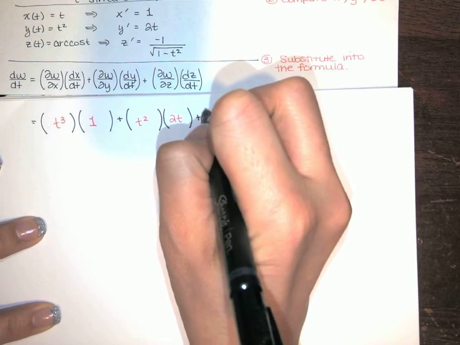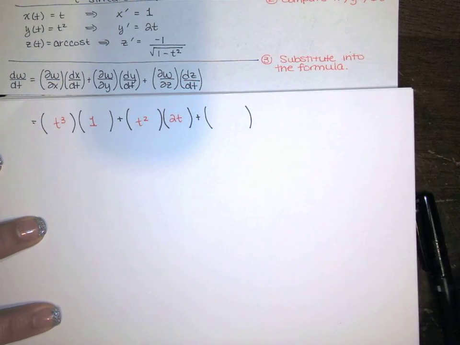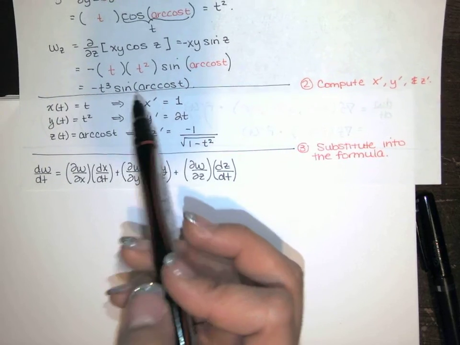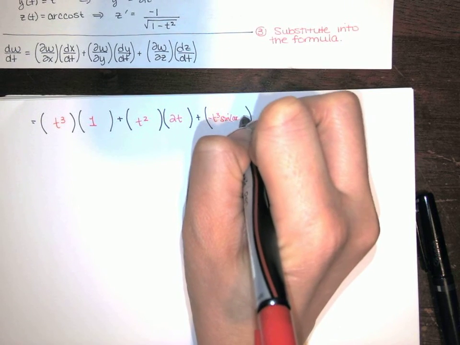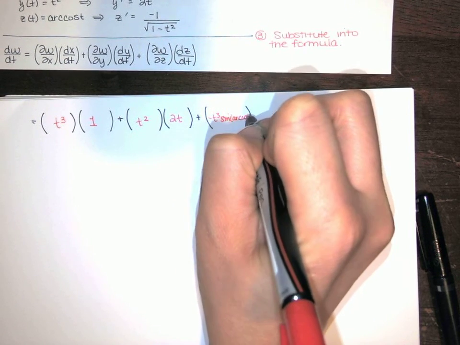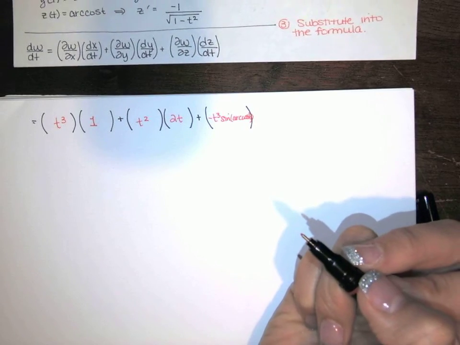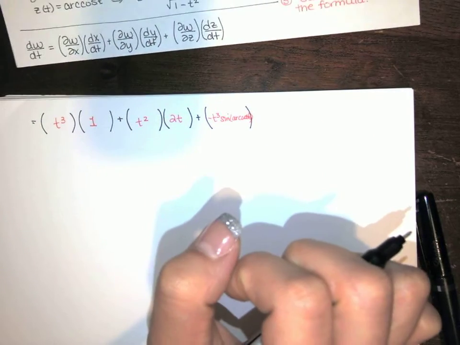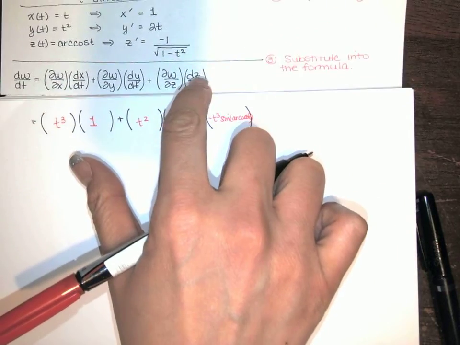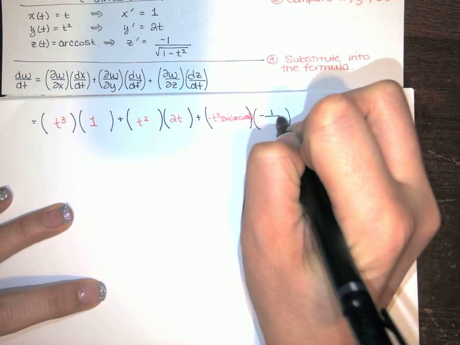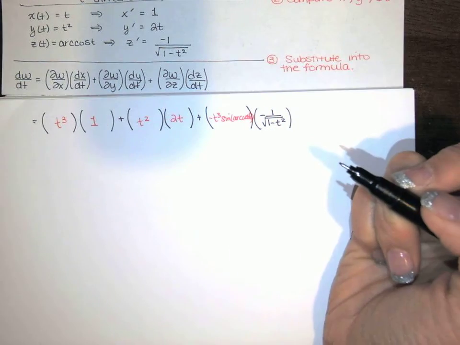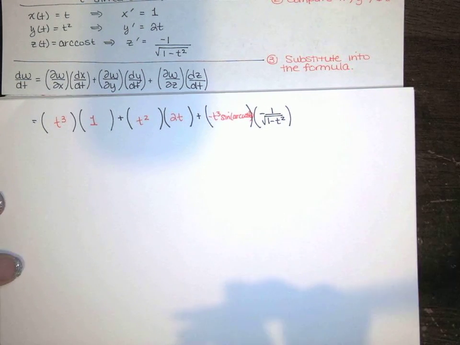And then I'm adding partial of w with respect to z, which is the most involved looking because it doesn't look like it simplifies, but it does. I've got negative t cubed times the sine of the arc cosine of t. I'm sorry, that's very small and difficult to read. I'll write that bigger on the next line. Times dz dt, which is this. Oops, I should have done that in red. That's okay. All right, so we end up with